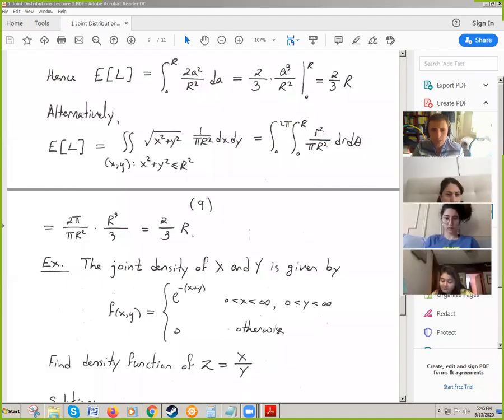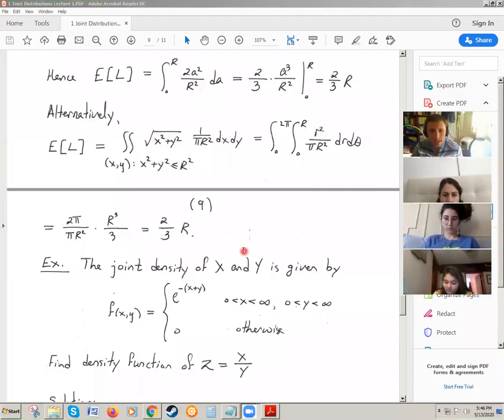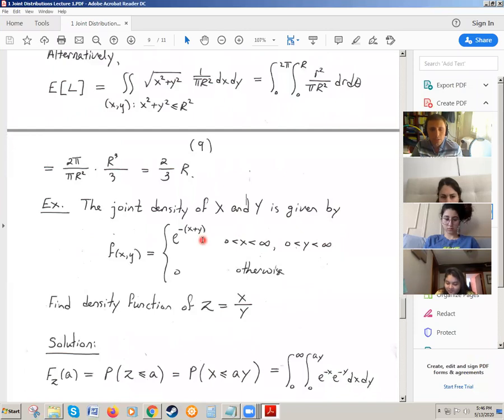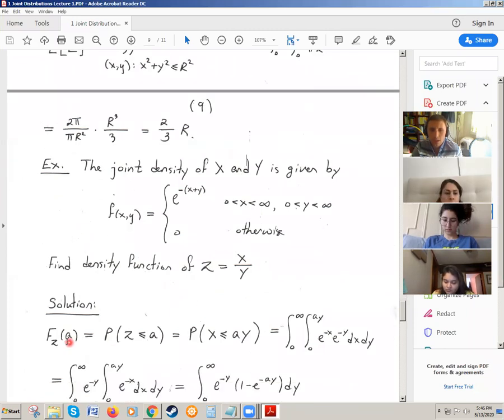Okay, so here is how we start to calculate the joint density. Again, nothing special, all the same situation. If we know the cumulative distribution, we just differentiate the cumulative distribution and we can get the density. So the cumulative distribution for the random variable z is just the probability that z is less than or equal